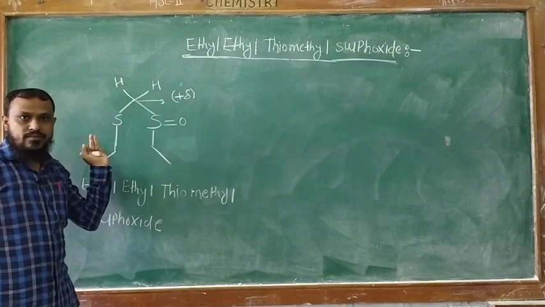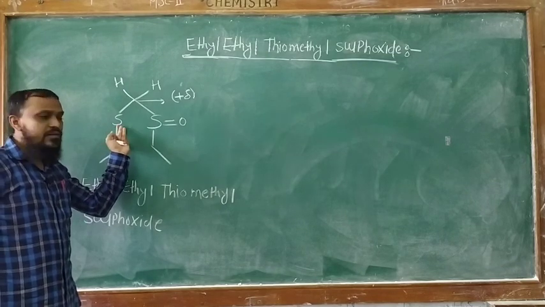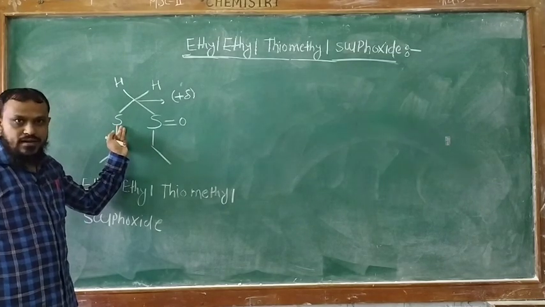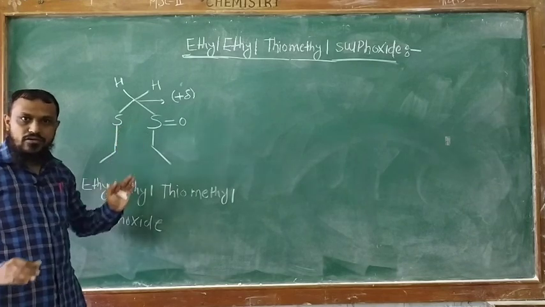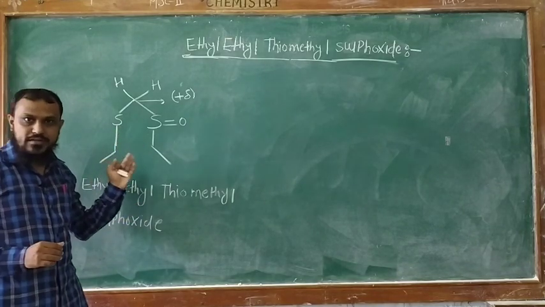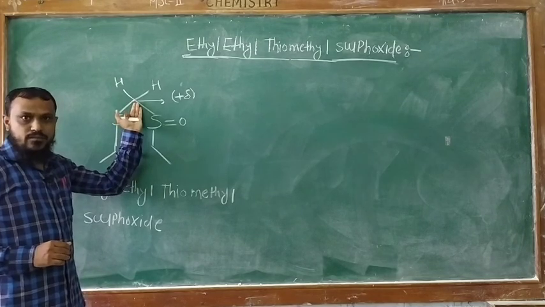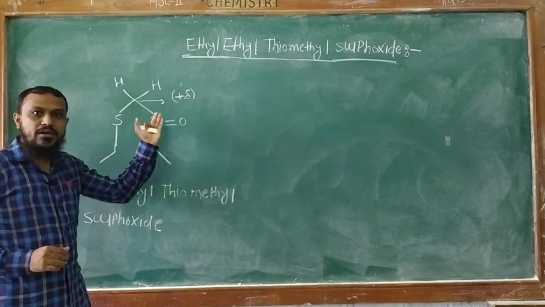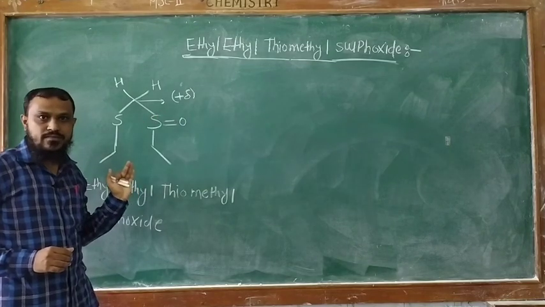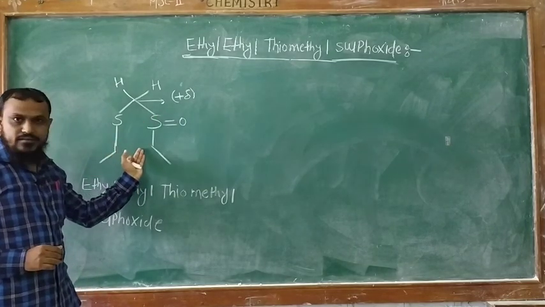Okay, here sulfur has a vacant d orbital, and on the sulfur atom a negative electronic cloud will be present, due to which the adjacent carbon atom of the sulfur atom becomes a partially positive species. Okay, after that